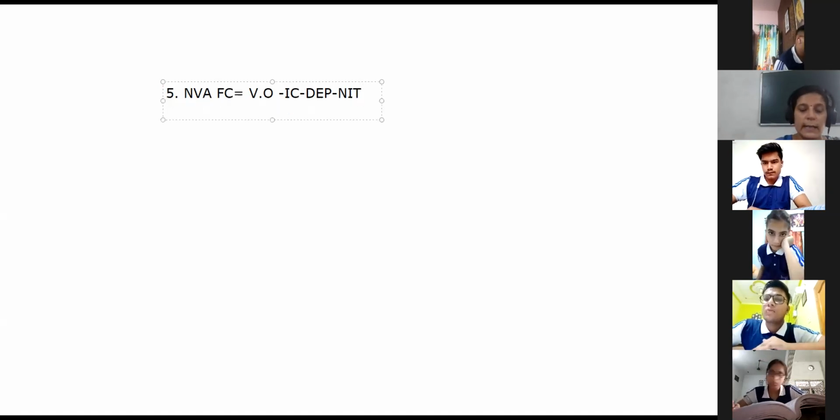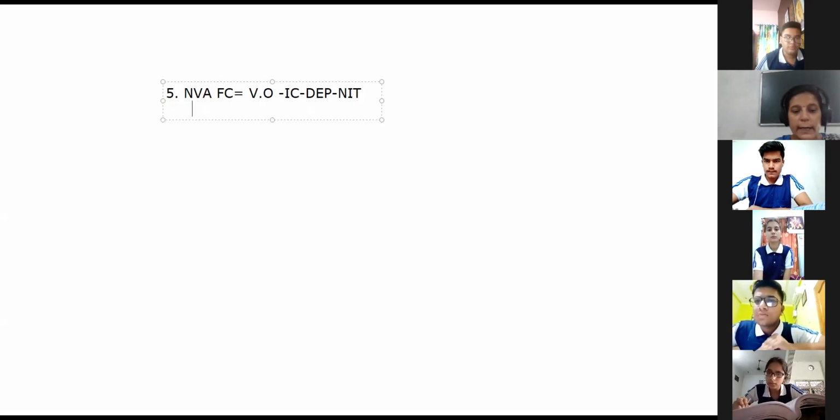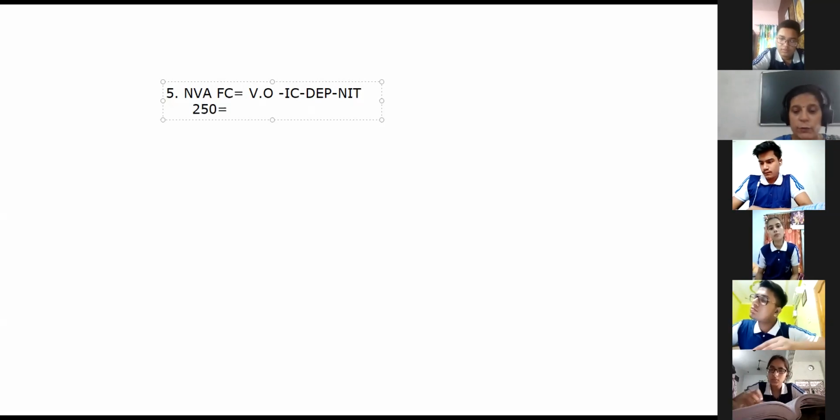Now what we will do next, that here NVA at FC is given, कितना दिया है NVA at FC यहाँ पर, 250 equals to value of output we have to calculate. Okay, then minus intermediate consumption is given over here as 150, minus depreciation is given as 30, and net indirect tax, which is GST, goods and service tax minus subsidies, that is 10, minus 10. ठीक है, we will solve first of all this area.